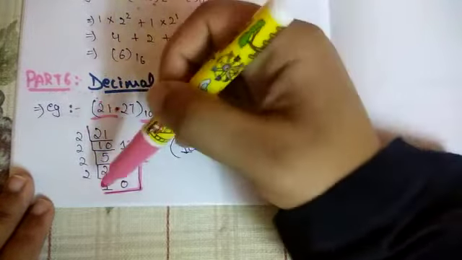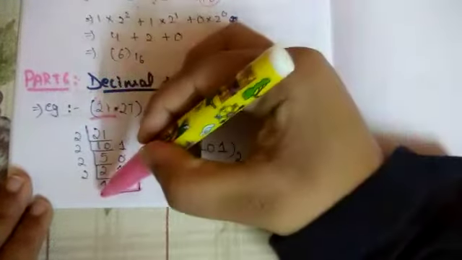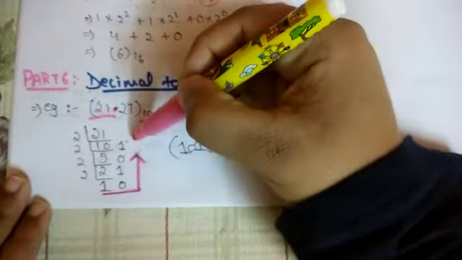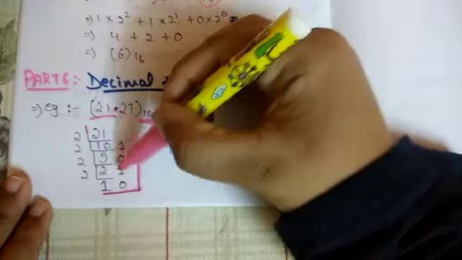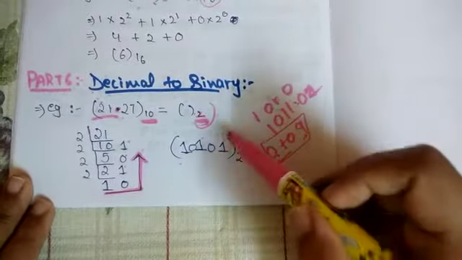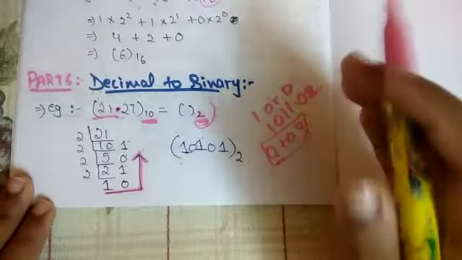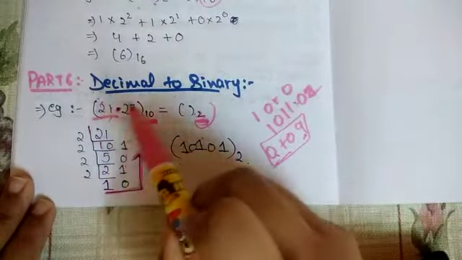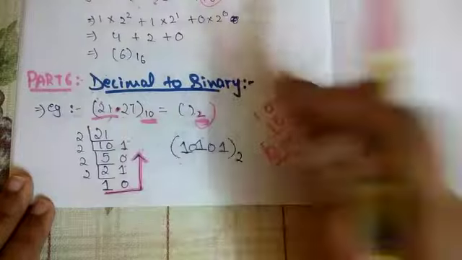Considering the answer, we have to read from bottom to top. So the answer will be 10101. It is a half part answer. 10101 base 2 is a half part answer for this 21. We also have to consider this 27. What we'll do over here now,